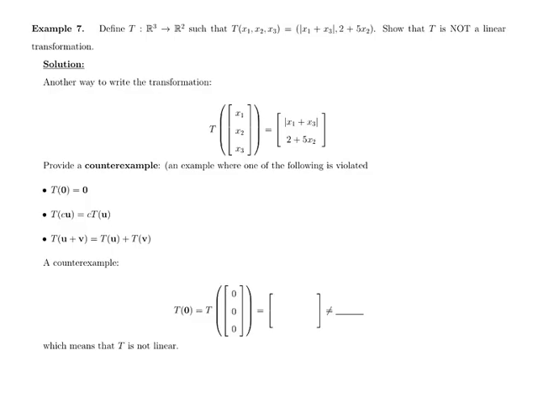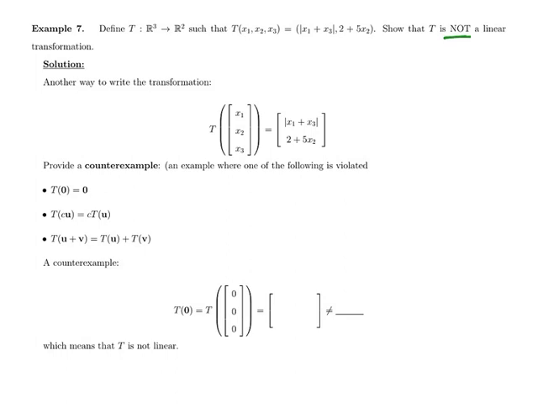So here we go, another example. We have a transformation T from R3 into R2, and that transformation is going to be given in a different way here. Here we say T of x1, x2, x3 of 3 variables. There's 3 inputs into that transformation, giving us 2 outputs. Those 2 outputs are given by the absolute value of x1 plus x3, and 2 plus 5 x2. And we are going to show that T is a transformation, but T is not a linear